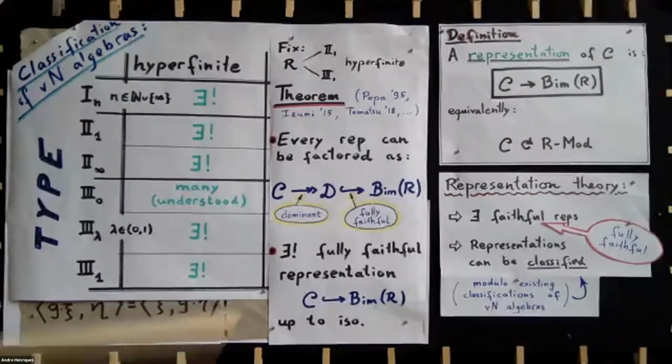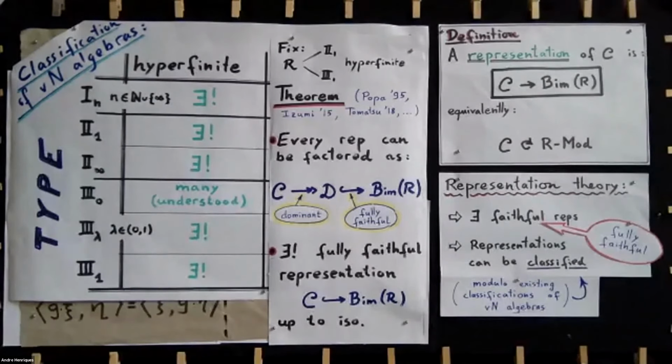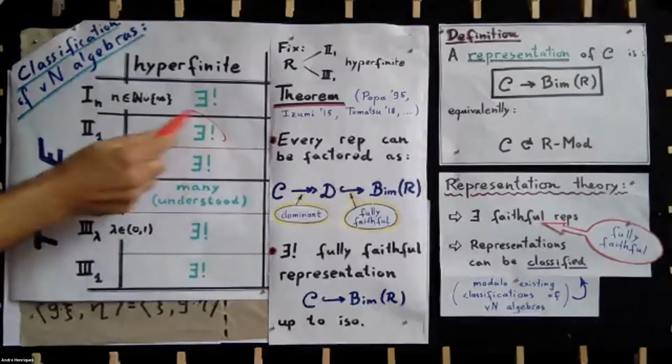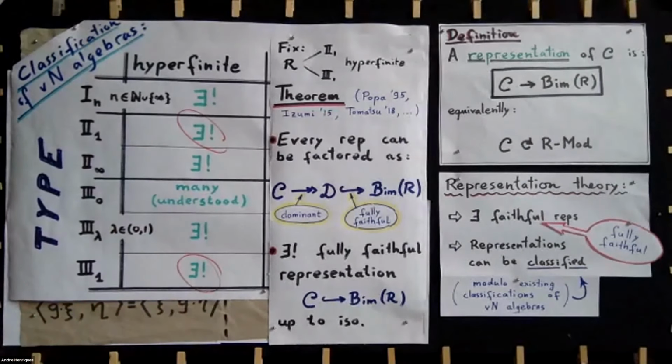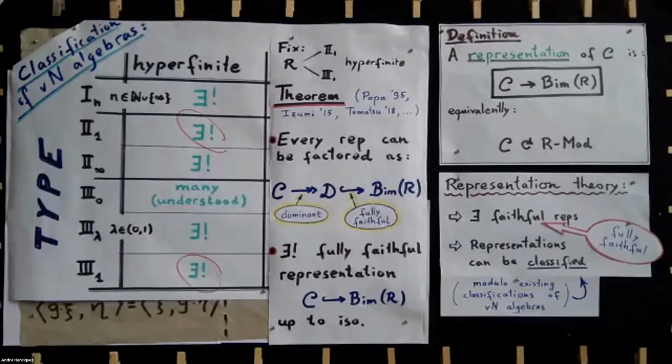And then this is the hard part, which says that if R is... and so it somehow turns out to be a good idea to focus on this and that one. The other ones in between, you can also treat them, but they're just a bit more fiddly. So let me just focus on the 2-1 and the 3-1 case. And it says that up to isomorphism, there's a unique